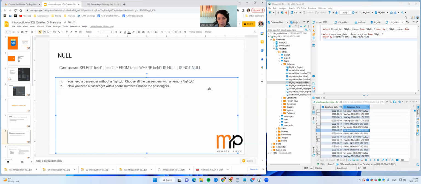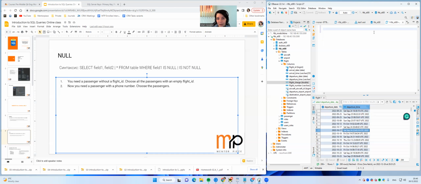This is the exception, because in most conditions, if we are checking whether the field equals something, we use the equal sign, but not here. Here it should be is null or is not null. Okay, so